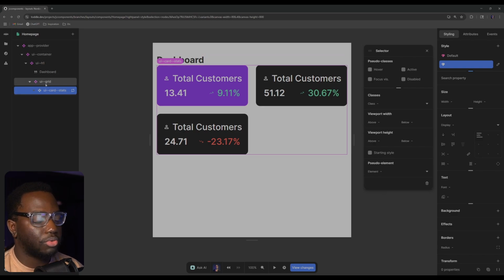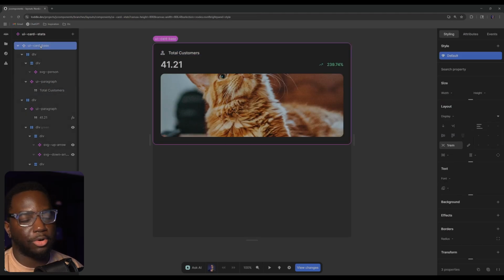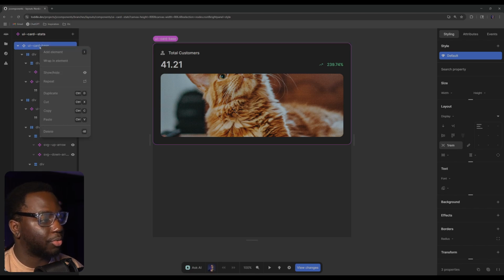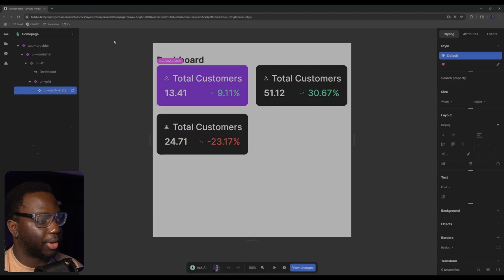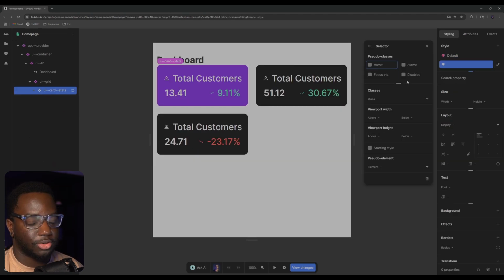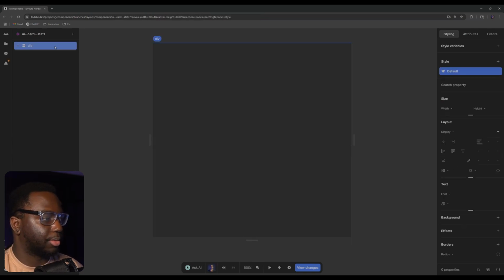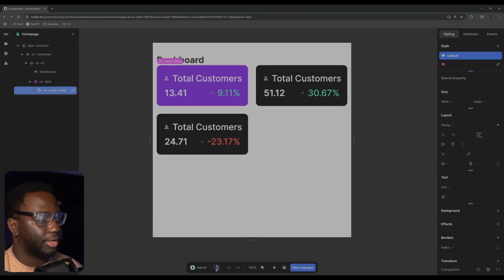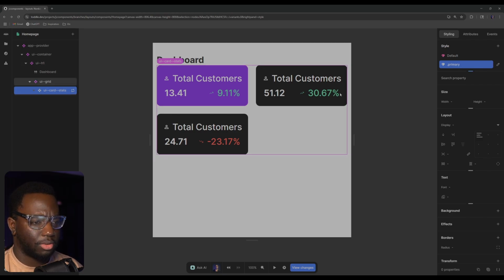Now, this will not work if card base was not the outermost element in the component. So you'll see that if I wrap this in a div and we go back and we try to get classes, you'll see that we can't get any classes. So I'm going to go back there and I'm going to erase that and put back the card base. And then we can see now we should have access to those classes. So we can select primary and let's say,